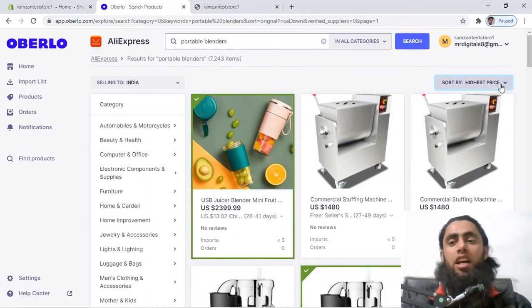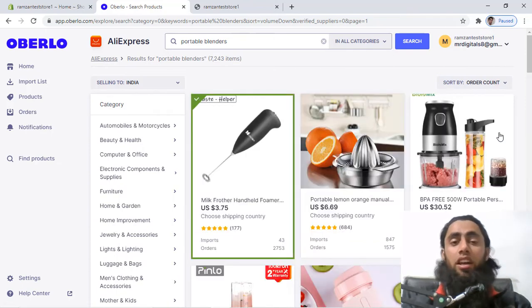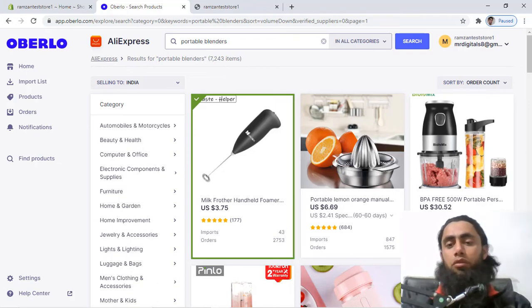So these are the few products which I have imported just now, and the final one was order count, which was already there as the default. Order count means you can imagine that this specific product is already sold. So people are purchasing this, people are interested in this product, so maybe on your store people will also be interested. You can also check this filter for your store, because in some cases you are considering that this is a trending product according to the count. At that moment you will think that if you sell it on your store, then definitely you will get sales. So for example, I am importing one more product.